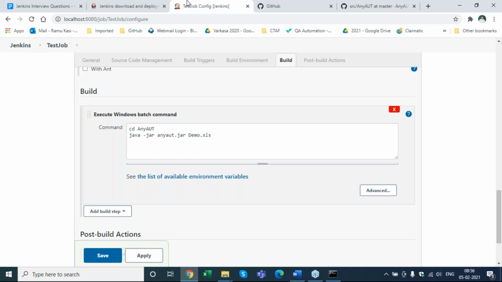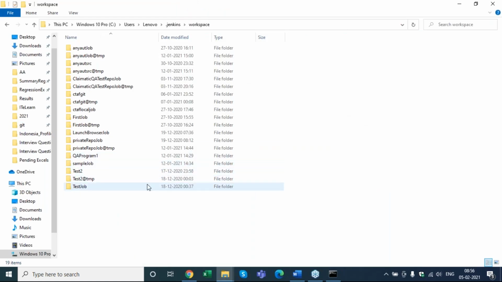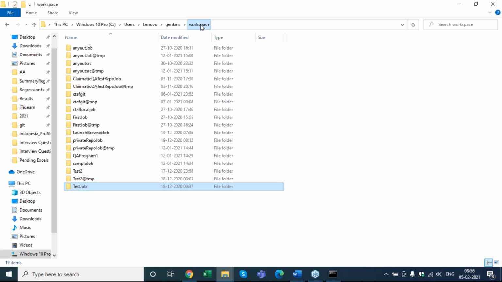Cloning, one second, where will it put it? Workspace, Neha. Yeah, thank you, Neha. Jenkins workspace. Remember, I was telling, this is where the latest jobs, everything will get downloaded, cloned, and build will get triggered from. That's your workspace, right? Makes sense?